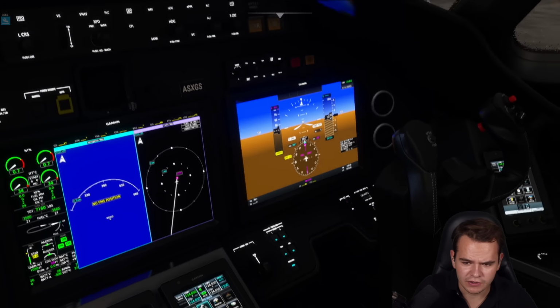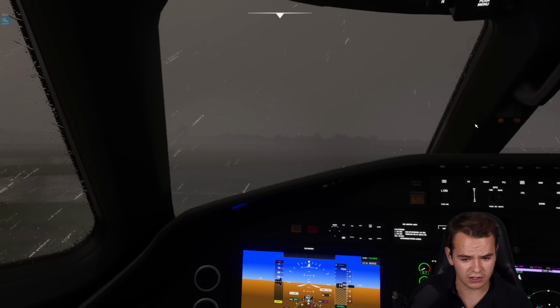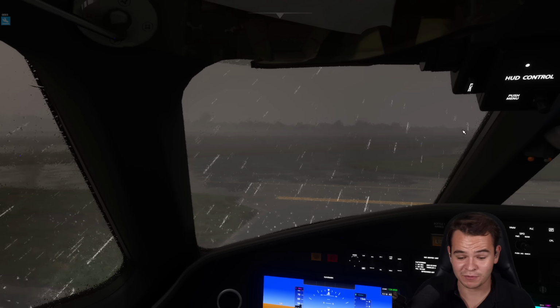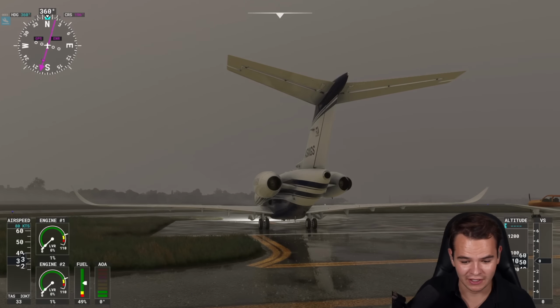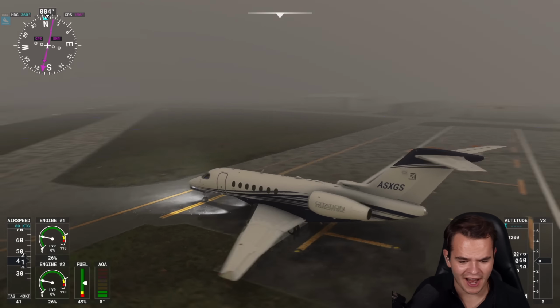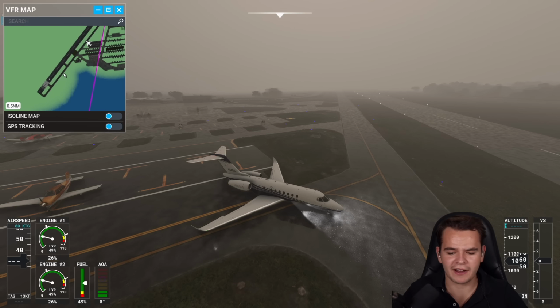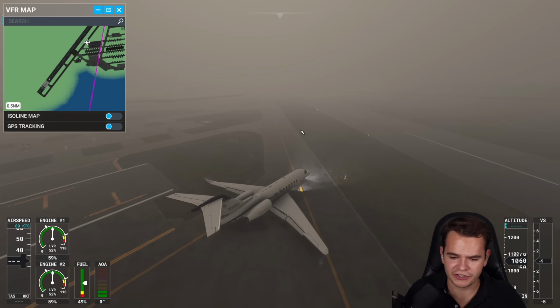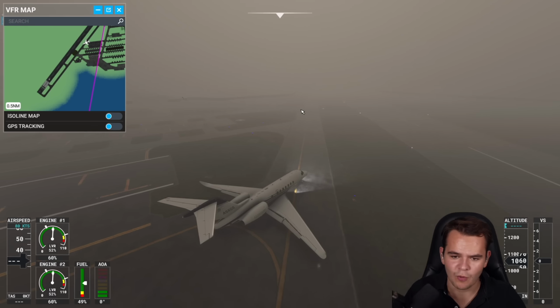Start up the APU. Now, obviously, in real life, all the airports are closed, so this is very much dead space. I've never seen this much precipitation in the flight simulator. What's obviously not simulated here is flood. All right, and so let's carefully start taxiing right now. We're going to taxi now to runway 04 for takeoff, and well, this is definitely not flyable weather,